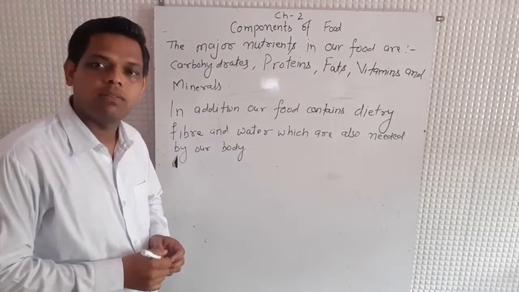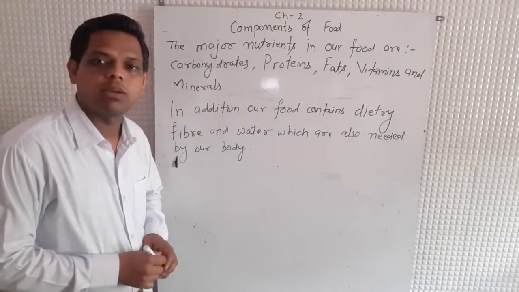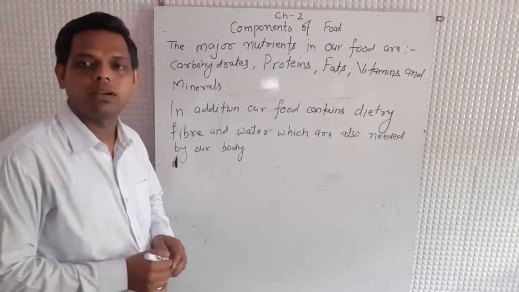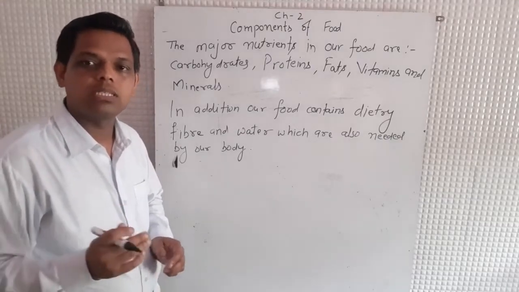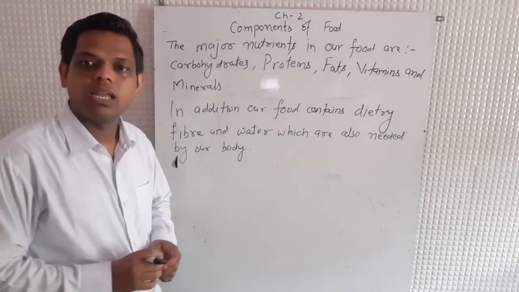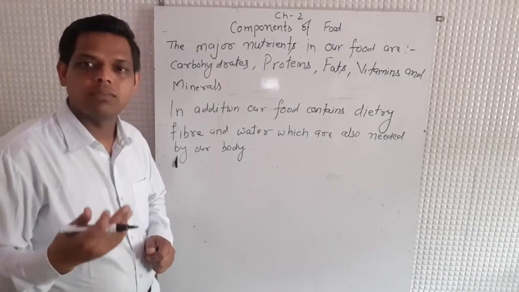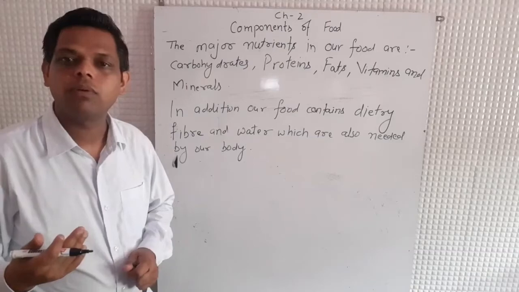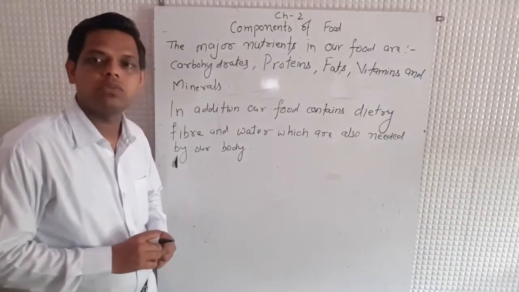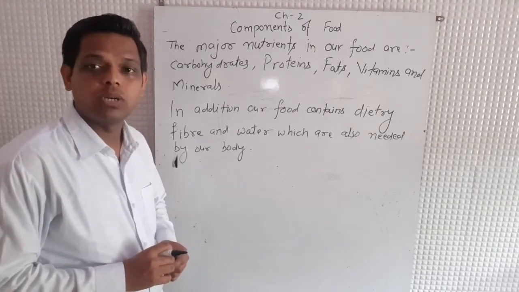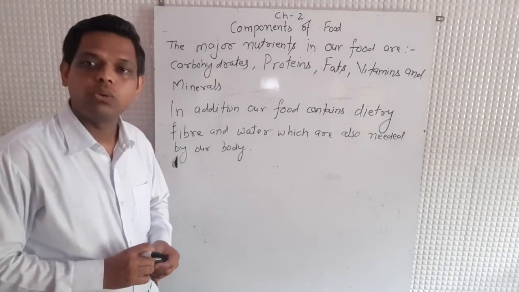Dear students, we have already discussed in chapter number one that we eat different kinds of food items all over the world. A meal may consist of chapati, dal and brinjal curry. Another may consist of rice, sambar and a vegetable preparation from lady finger. All these food items contain some components that are needed by our body. These components are called nutrients.